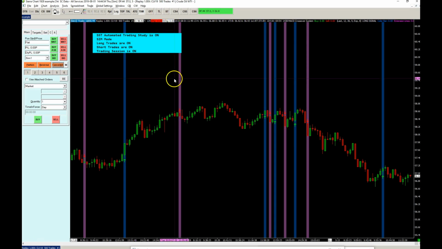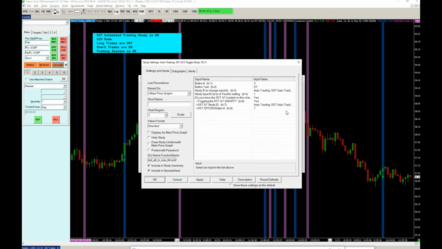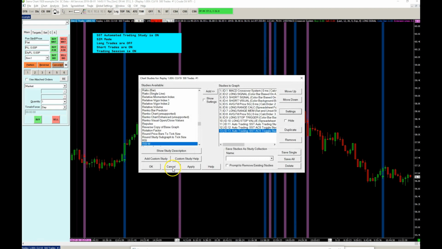So now you have the possibility to use your shortcuts, like I do right now, to work your on and off settings. So that's what I wanted to show you. Have a look at it. Let me know what you think. And I hope this helps you trade